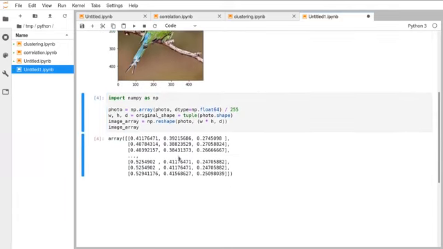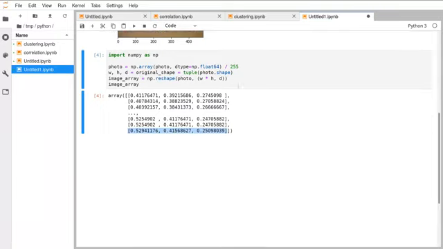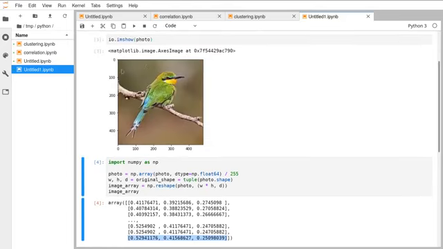So here we see there is an array which has got red, green, and blue values between 0 and 1 for the first pixel, red, green, and blue values for the second pixel, red, green, and blue values for the third pixel, and so on until the red, green, and blue value for the last pixel down in the bottom right-hand corner. So this has effectively taken our picture here and has flattened it. So instead of being two-dimensional, it's just one long list of pixels, each of which has a red, a green,